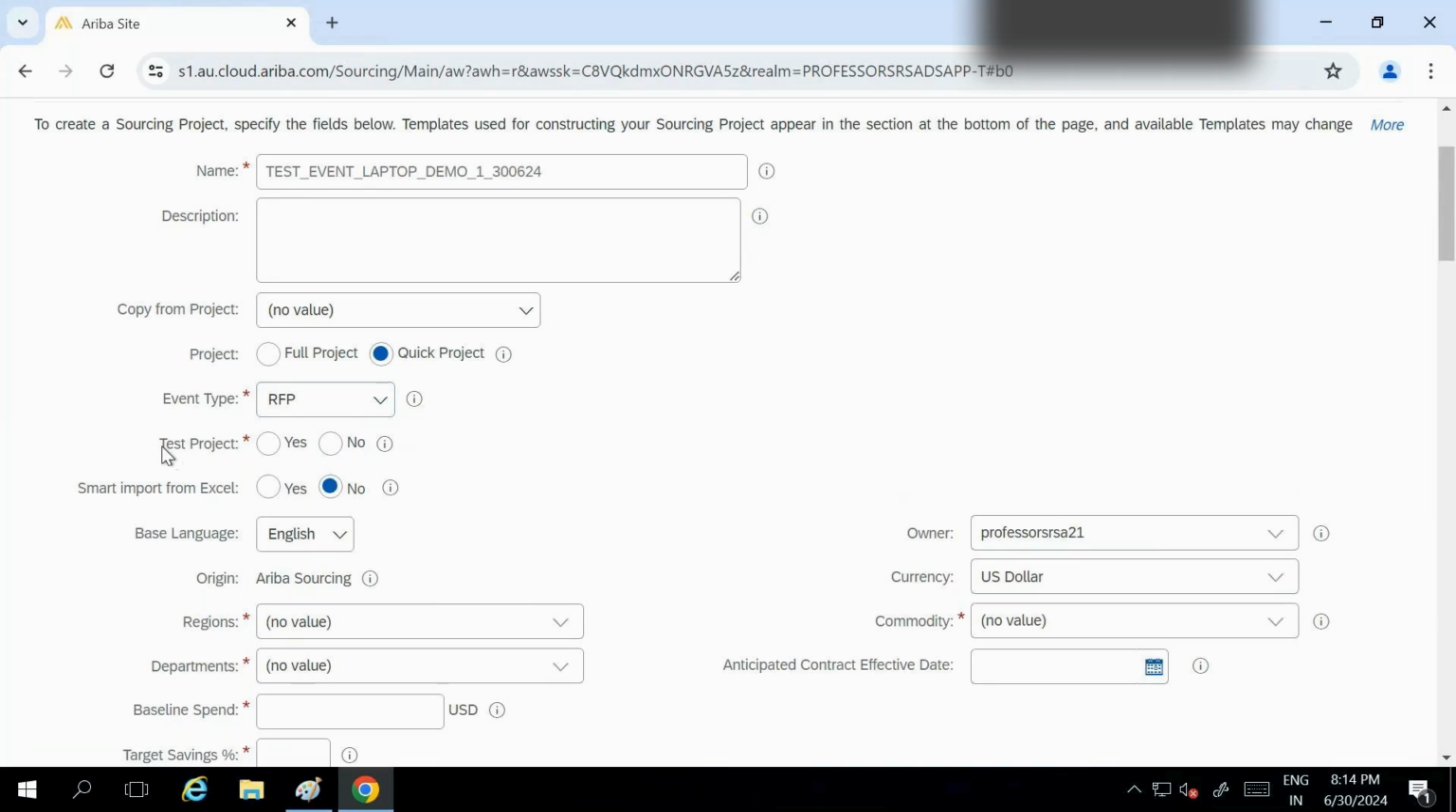Now, you see there is one option here, test project. This is important. If you are doing a practice, then click yes. If you are going to create a live event, where you want to buy a product for your organization or your client, then you can put this project as no. If you mistakenly click yes,